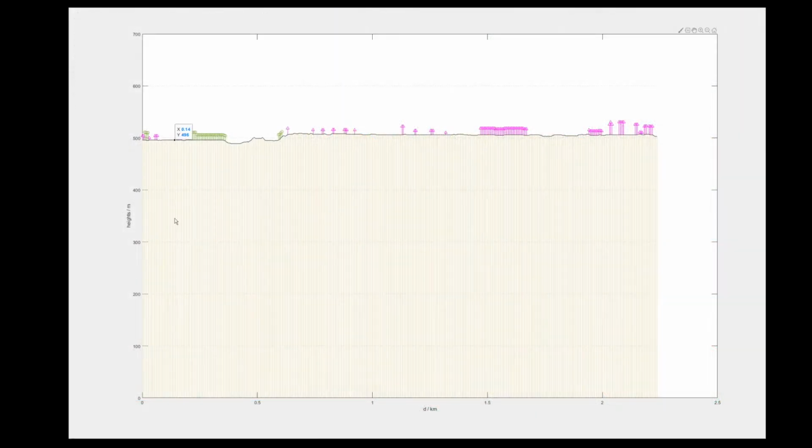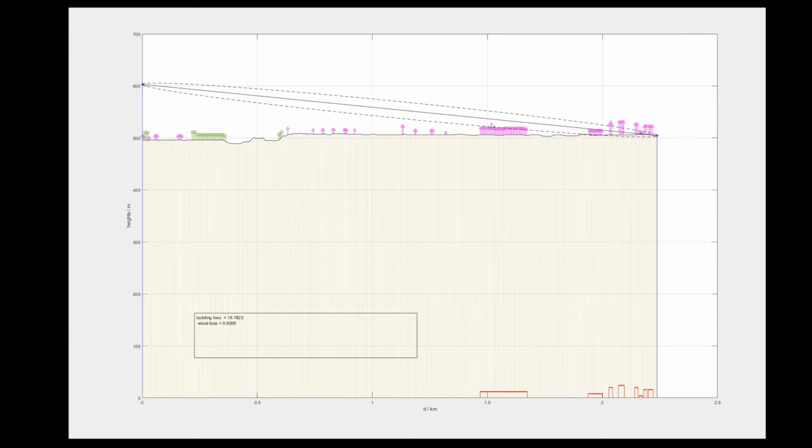For example, here is a visualization of one set of profile data beginning at the IRT transmitter on the left to the receiving point on the right. The model starts with calculating the line of sight and the first Fresnel zone. One submodel identifies buildings which mask this zone, and in this case that leads to a loss of around 16 dB. Another model only takes into account the most significant knife edge in front of the receiver, which leads to a loss of around 23 dB. The combination of many of such submodels lead to an overall prediction of the field strength level, which can be compared with an actual measurement.